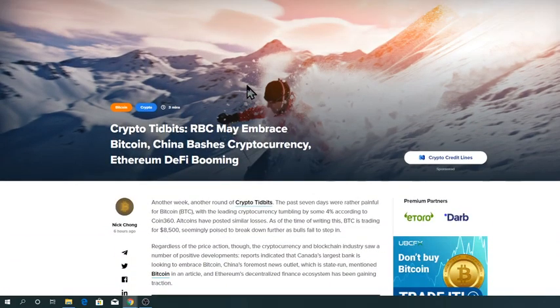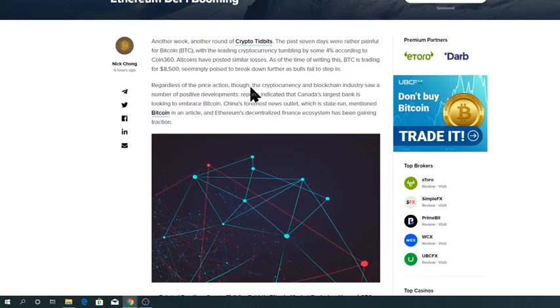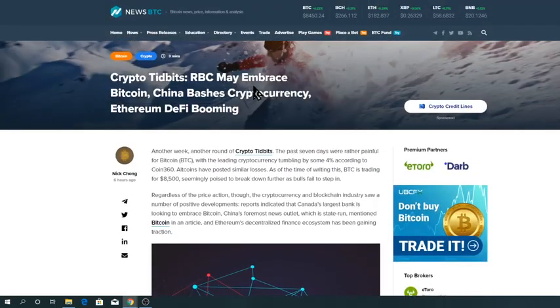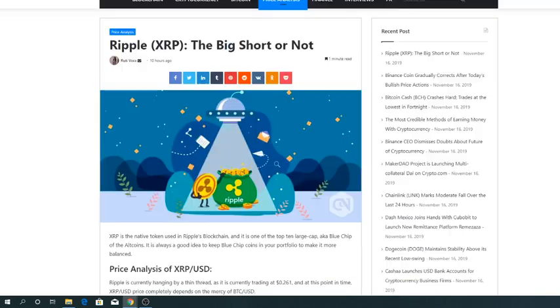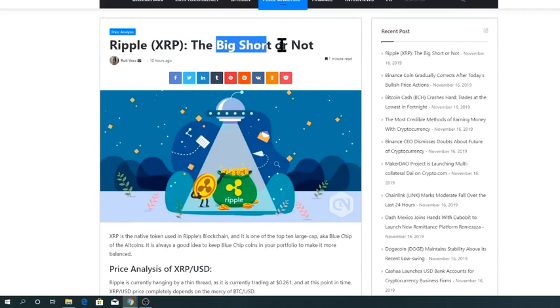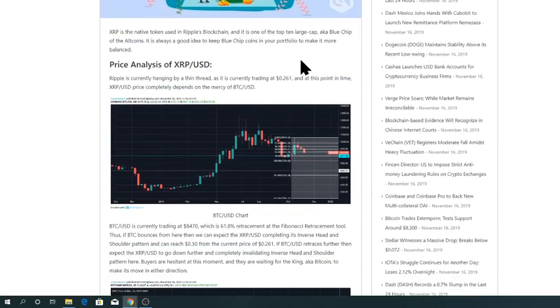Now there is positive news, negative news everywhere, but what we have to look at is both ends, right? What it is, what the author is looking at, how they are trying to showcase that. For example, this one says whether it's a big shot or not. So yeah, there may be big shots here because there is a lot of hype in this market. People are thinking that Bitcoin is going to go up high. Now this one is for XRP USD.